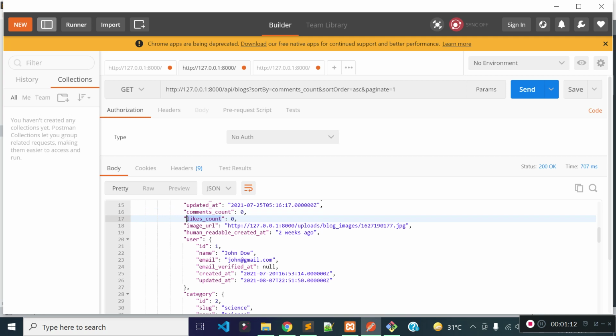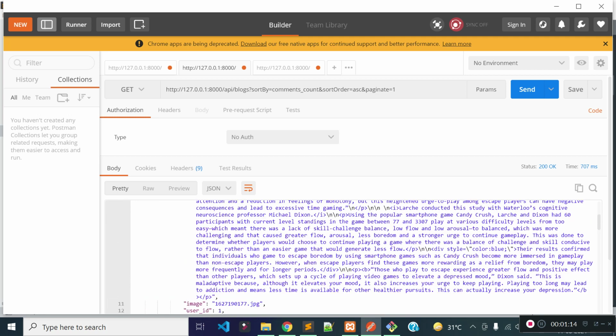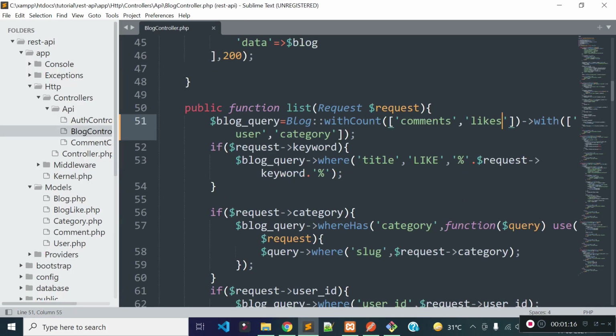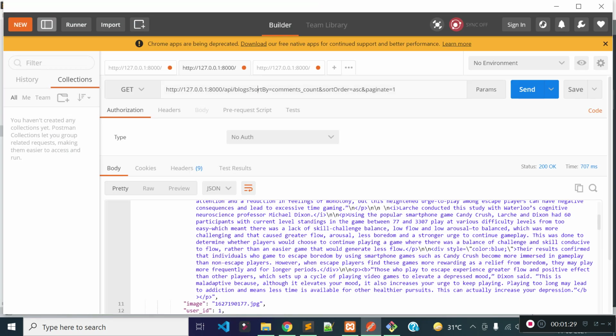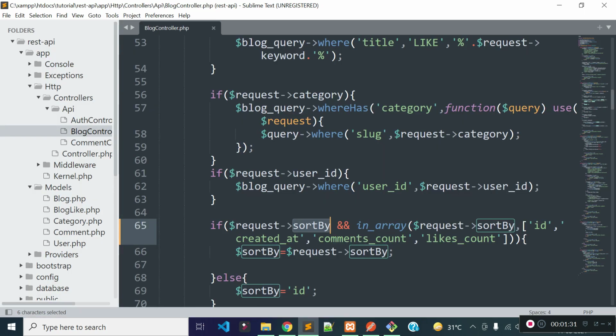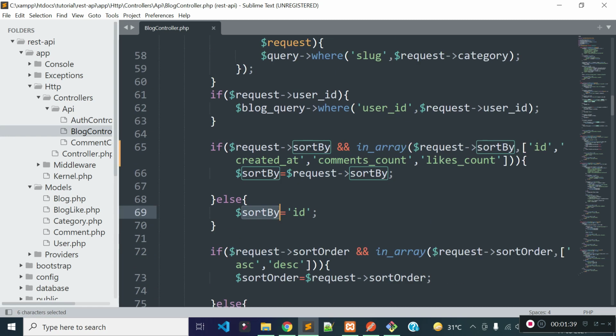Now I am going to add likes count to our sort functionalities. I already added comments count to our sort functionalities. So let's add likes count value inside this array. So I am checking here if there is any sort by field present inside our request query parameter, and if the value is in the array of id, created_at, comments_count or likes_count, then I store the value to a variable called sort by, and the default sort by is id.